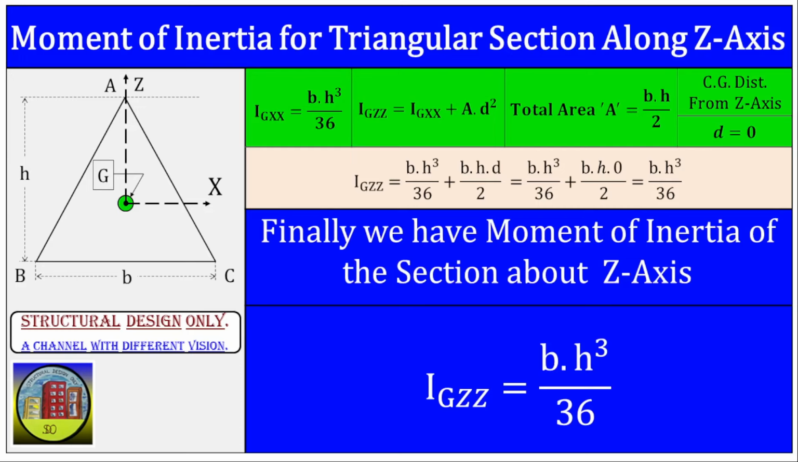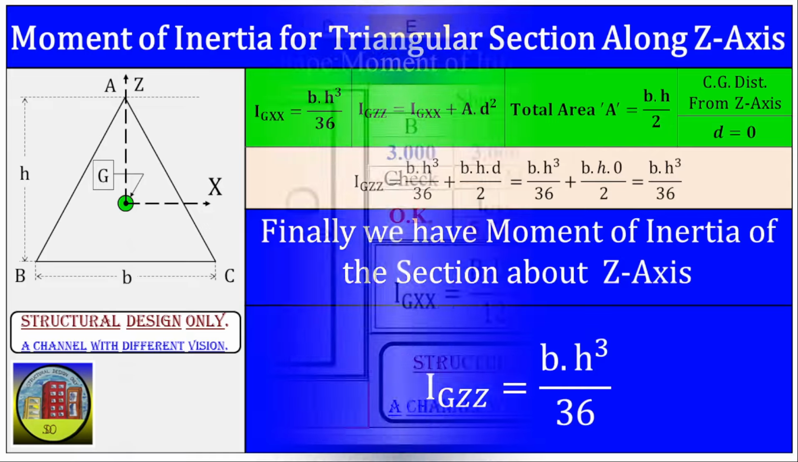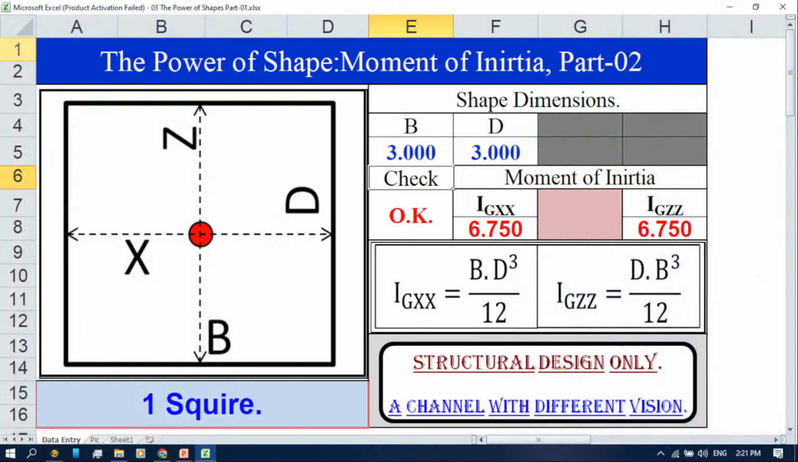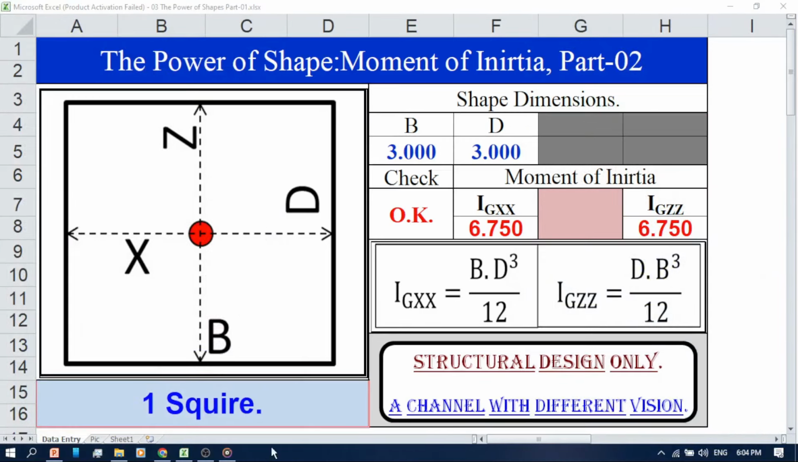Now I am switching over to the Excel spreadsheet. Now we are watching the value of B equals 3 and value of D equals 3. Then the moment of inertia of the square section around the XX axis, IXX, equals 6.75 and around the ZZ axis, IZZ, equals 6.75. The unit of this moment of inertia will be length to the power 4. For example, if we consider the length unit as meter, then the unit of moment of inertia will be meter